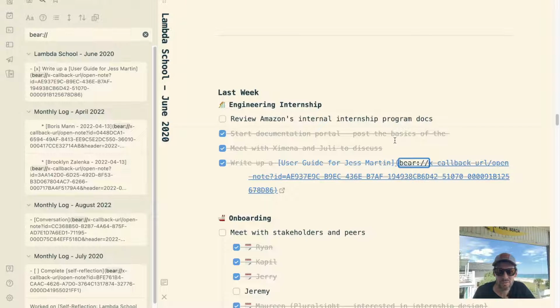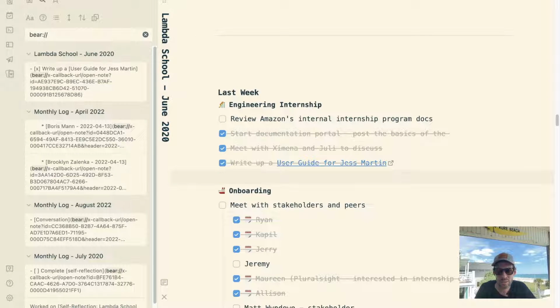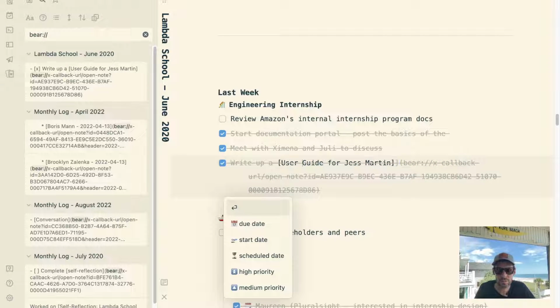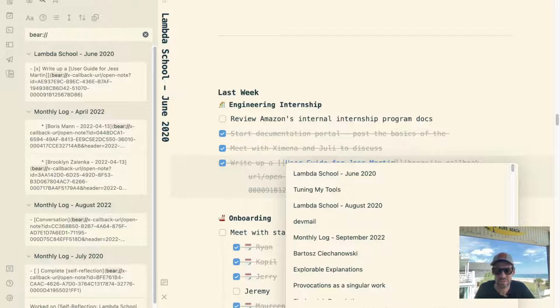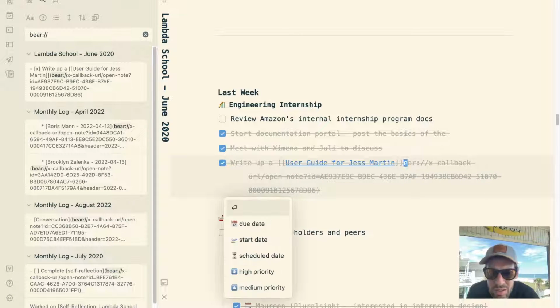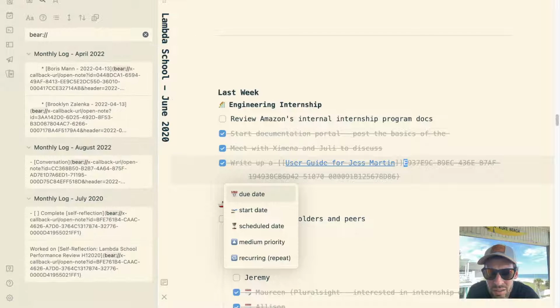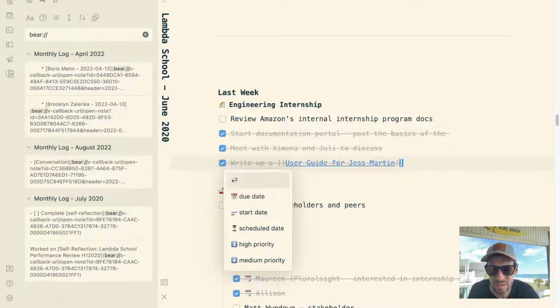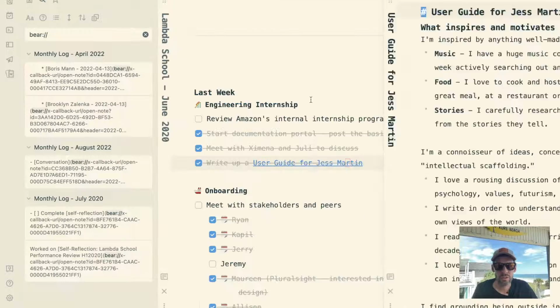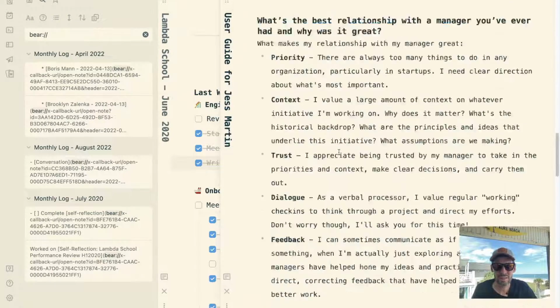Write up a user's guide for Jess Martin. I did that as well. By the way, if y'all haven't written a user's guide for yourself, it's really fun practice and very helpful. There we go. All right, that should go to the user's guide. It does. Cool.